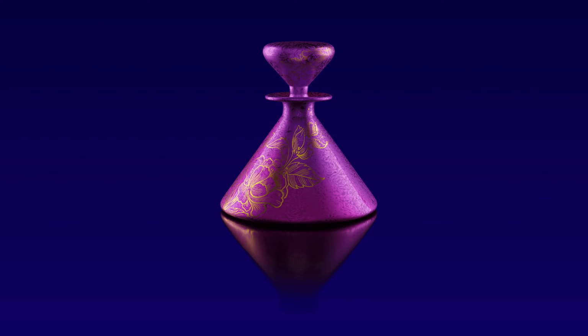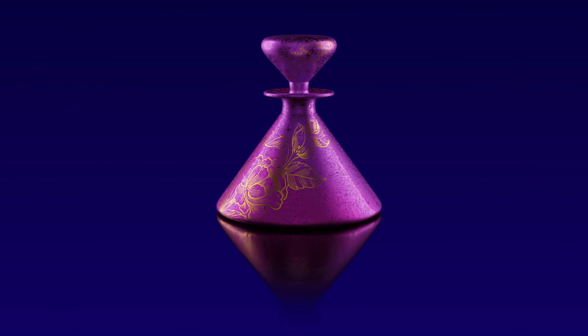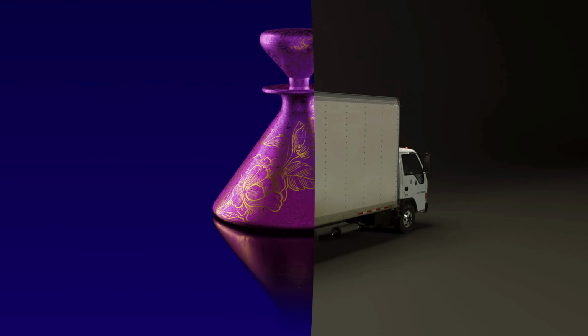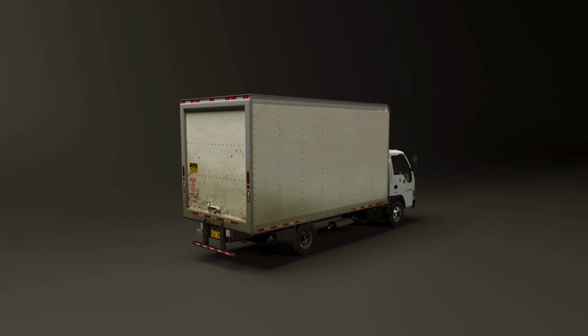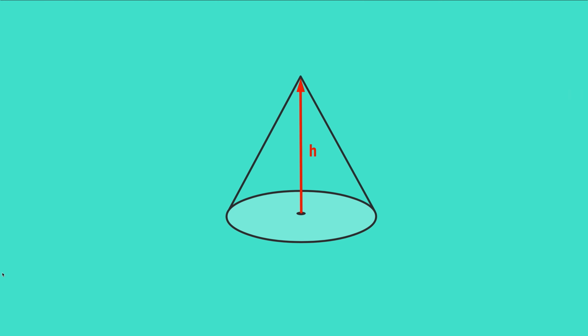In this video, we explore problems involving three-dimensional objects by identifying right-angled triangles and then using Pythagoras to help us solve the problem. For example, if we want to find the height of a cone, where we can easily measure the diameter and the slant height of the cone, we can form this right-angled triangle and use Pythagoras to calculate